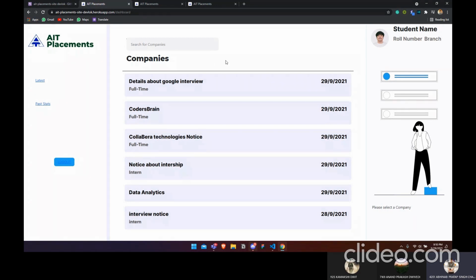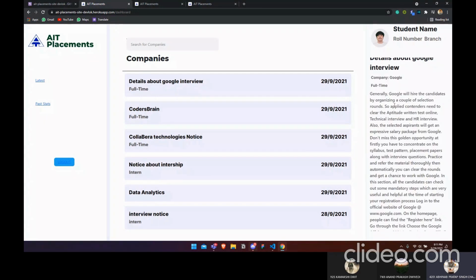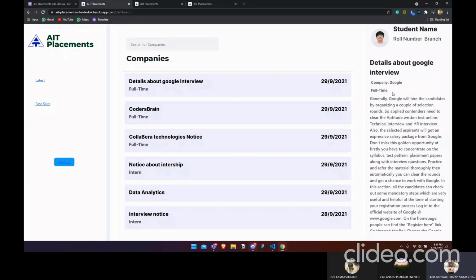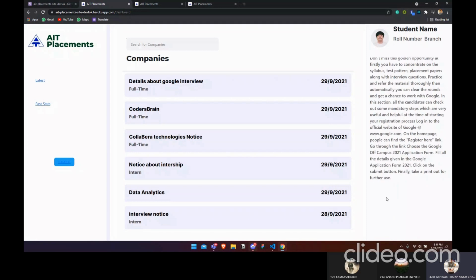We made a database with all of the notices and ideas that are coming in, all of the data that is coming into the TPO. He checks it out, sees if this is working or not, if this is important or not. He posts it here, and students can go and check out all of the data they want about the company, any detail, type, part-time, intern. They can add in various other details like the CTC, the basic growth, everything else. Anything that the TPO wants to add can be added easily over here.